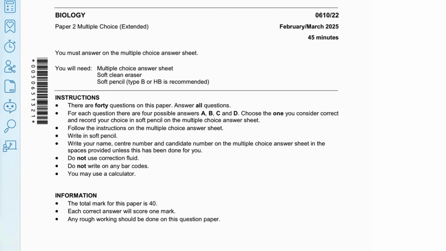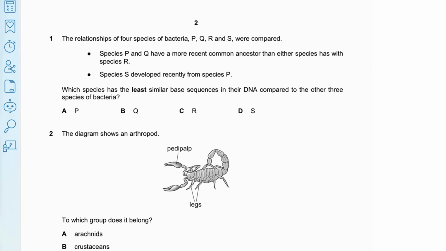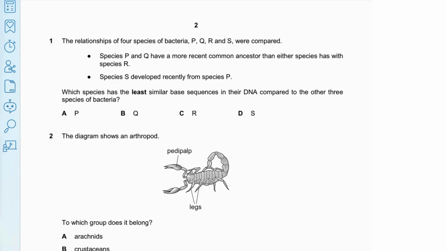Today, inshallah, we're going to solve Feb March 2025, Variant 2, Paper 2. Bismillah ar-Rahman ar-Rahim. First question says the relationships of four species of bacteria called P, Q, R, and S were